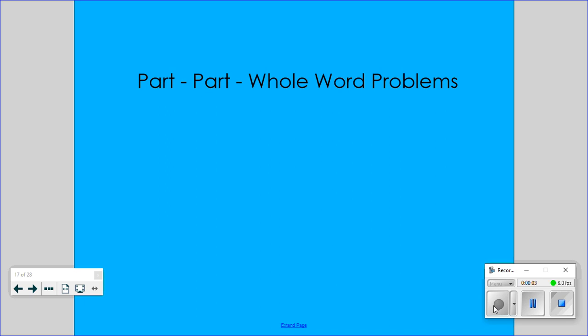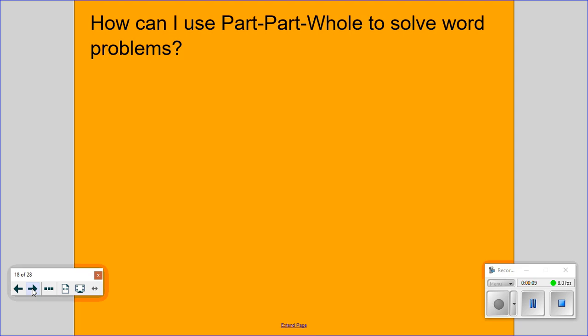Hey guys, so we're going to talk about part whole and how to use it to solve word problems. The biggest thing to remember when we're using part whole with a bar model is that it is not there to help us solve the actual math. You have to do something else to do that. It's not going to help you add, subtract, multiply, or divide. But what part whole does